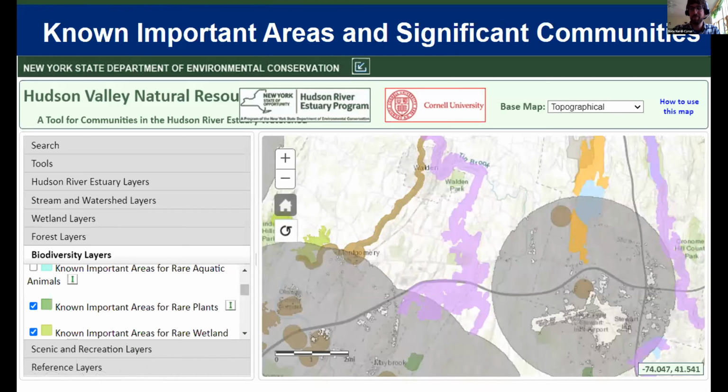And I hope I'm not losing people because I've talked about a lot of data so far, but all I'll say is that, if you haven't accessed this in a while, important areas are areas where there's been a known species documented, so a known rare species. And instead of just drawing a bubble around that species and saying we want to protect all the area around it, this was put into a model that basically looked at habitat across the area and said, what's the most important area for this rare species,